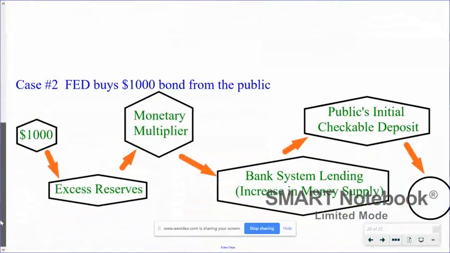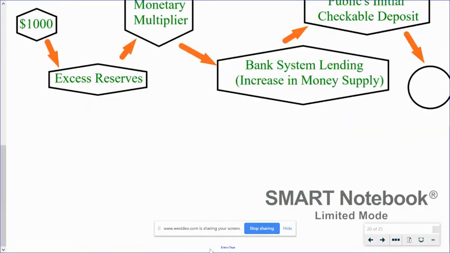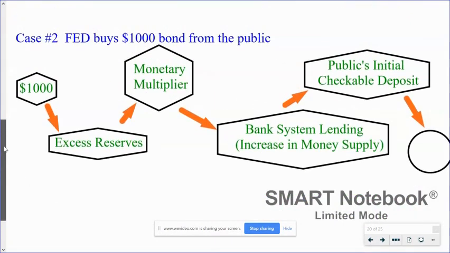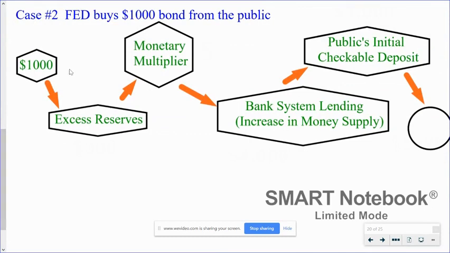A different scenario would be, well, what if the Fed decides to buy the bond from the public? Well, in this case, the public has $1,000. It deposits it in the bank. But according to law, the banks must put aside 20% of that $1,000, 200 bucks, into required reserves. So what is left over? Well, it's $800. The excess reserves are the only thing that get the full monetary multiplier, which we already know